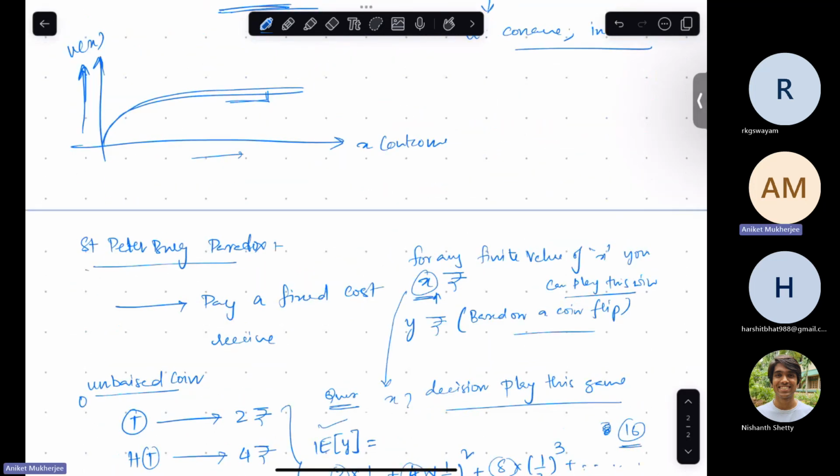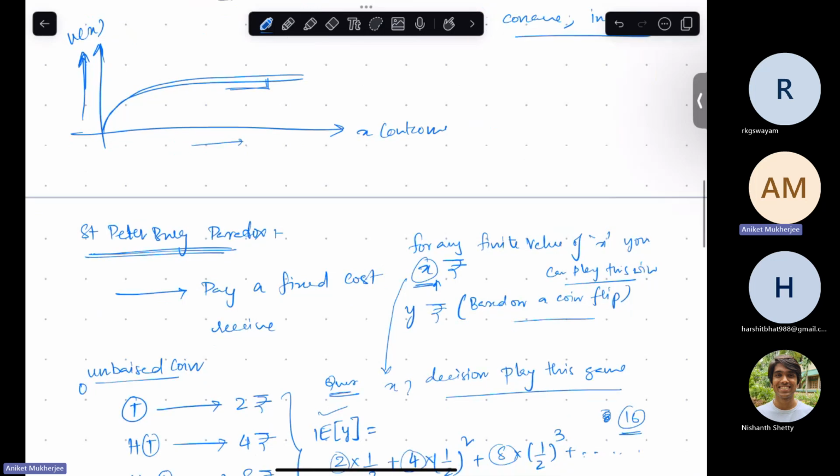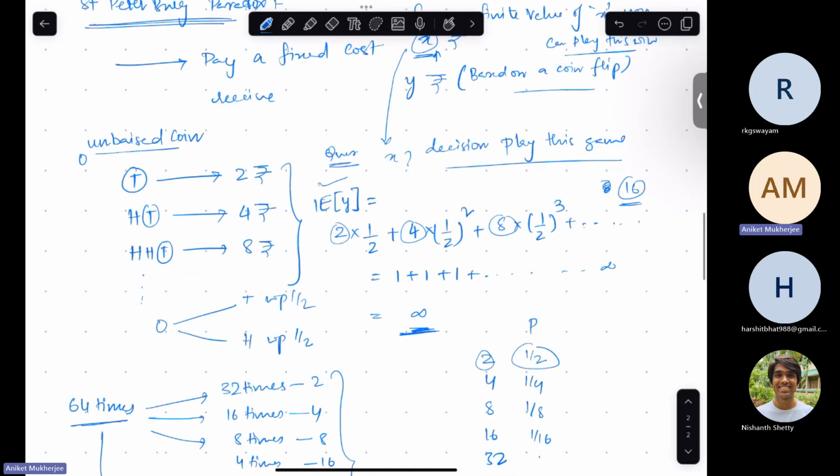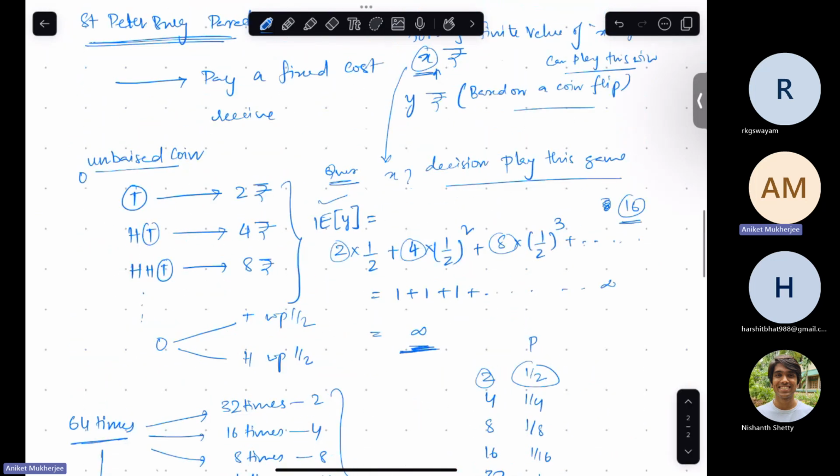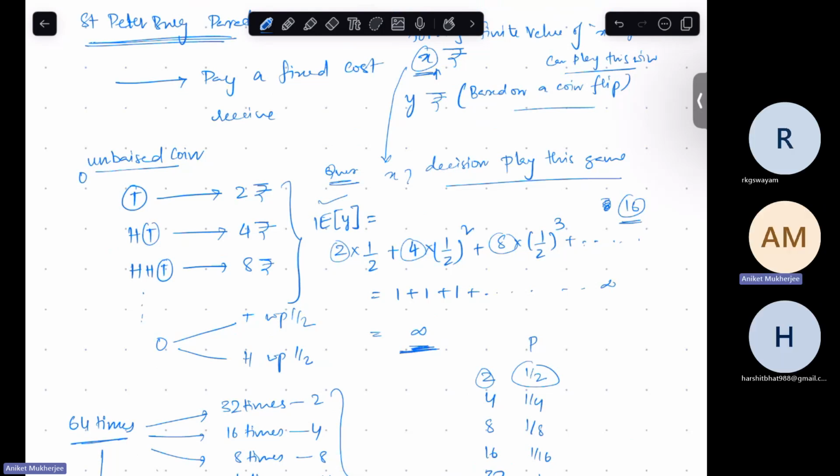This was just one example of decision making under uncertainty, and it shows that you don't take your decisions just by comparing the average outcome that you get. You actually have to find a way to map your average outcomes to your average utilities. So how much utility am I getting for that outcome? If you are able to find that utility function, then